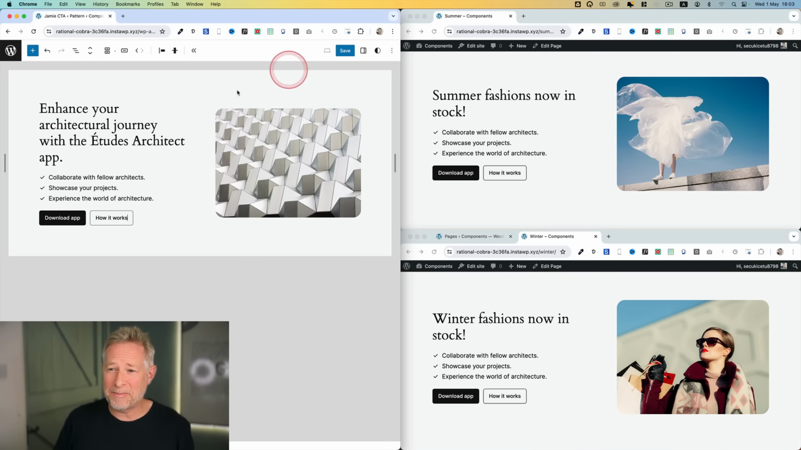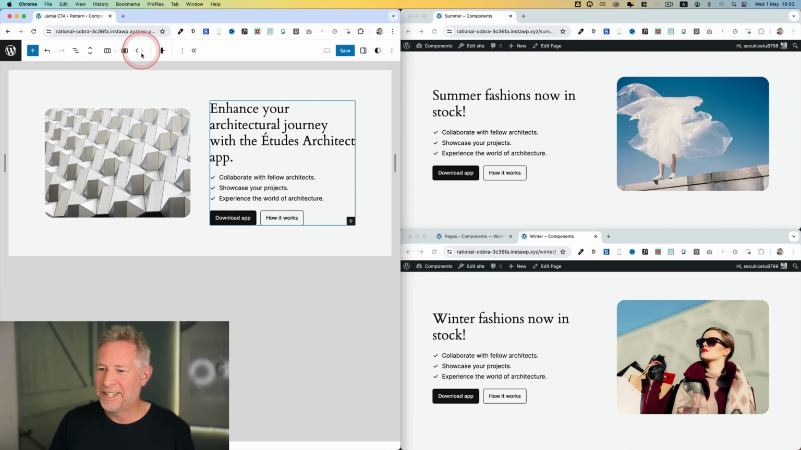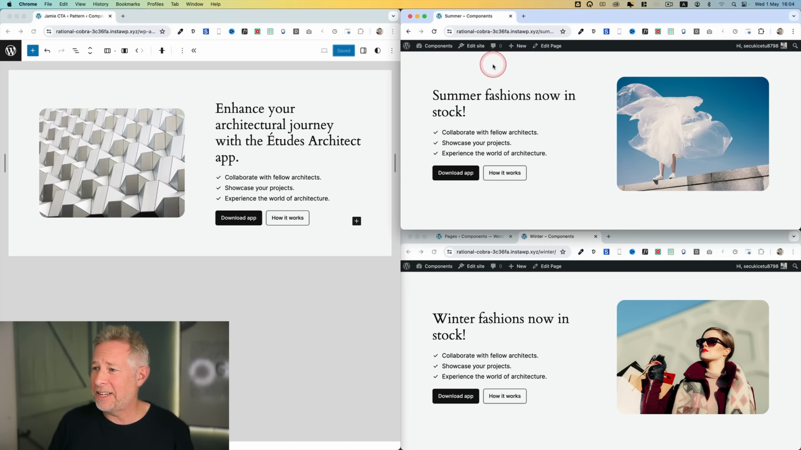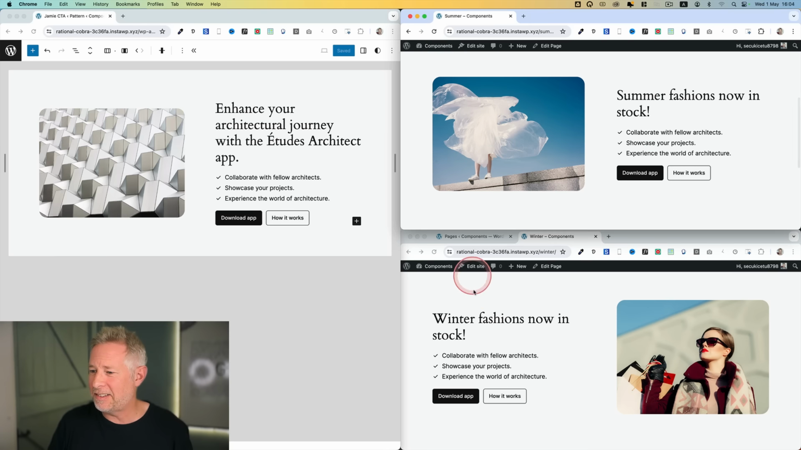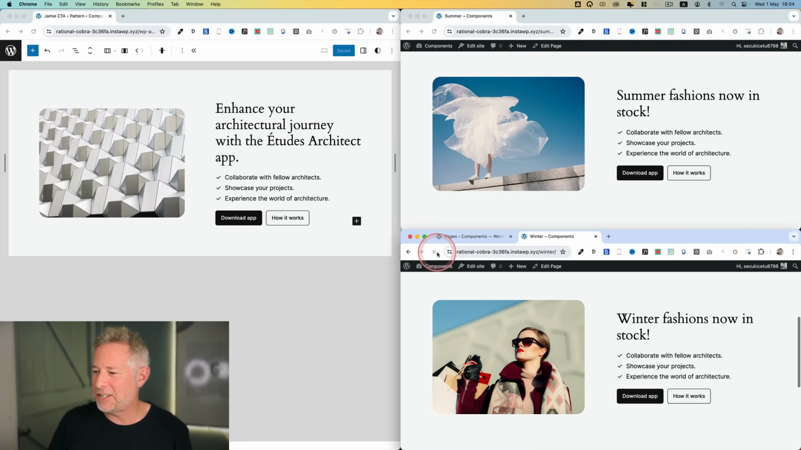So here we are again. Here's my pattern in the pattern manager, and over on the right I've used it in 2 individual pages. Let's make a quick change. Let's just quickly switch these columns around. Completely different layout, and save that now. And again, when we refresh them on each of these instances, you'll see they instantly reflect to show that new